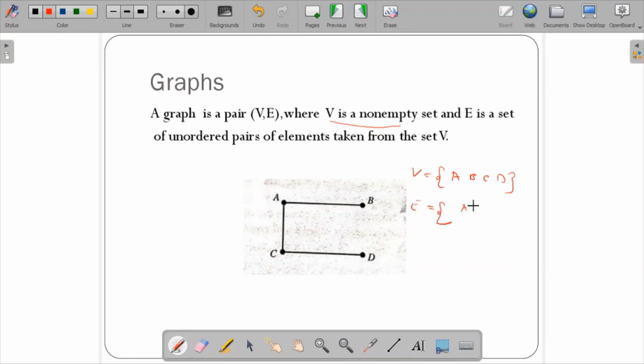Like it can be written as AB, it can be written as AC or CA, it can be written as CD. Generally I wrote in the same order, but if you have seen the definition of directed graphs, there we have the vertices as the same non-empty set, but regarding the edges we had ordered pairs. Here we have the definition where we can have undirected edges or unordered pairs of edges. So this is regarding the definition of the graph.